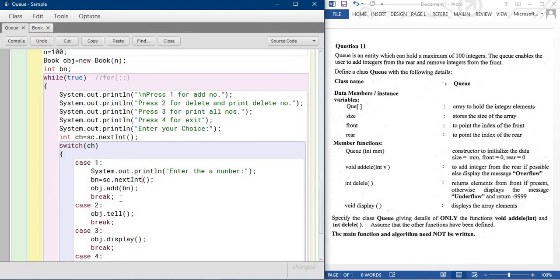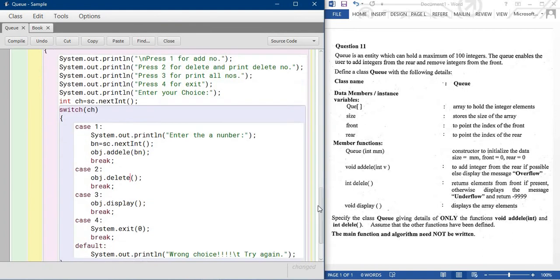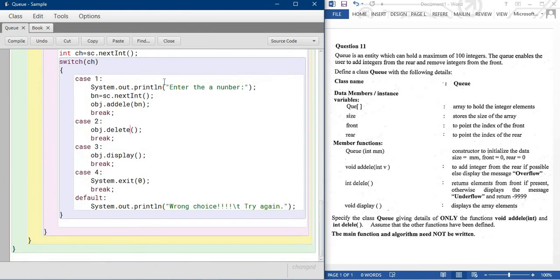Then we're sending the value to add element, and for delete, and display for the display. So the entire thing will be done. Everything is the same, so compile it. You can see there are two errors. Let's see.